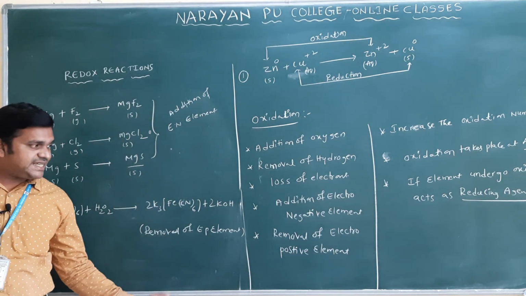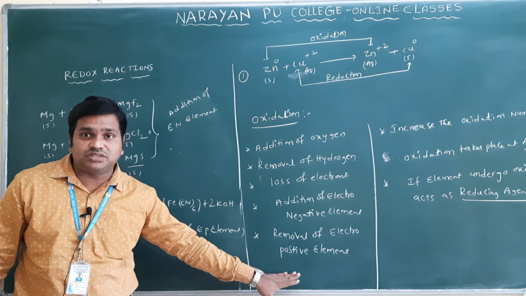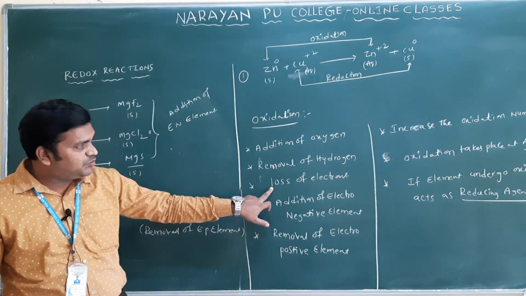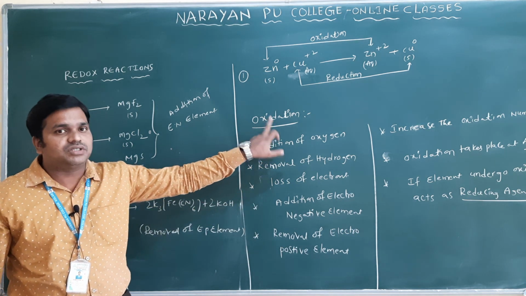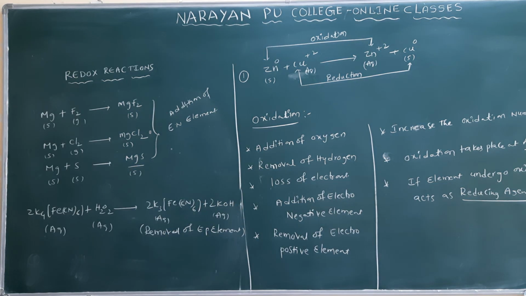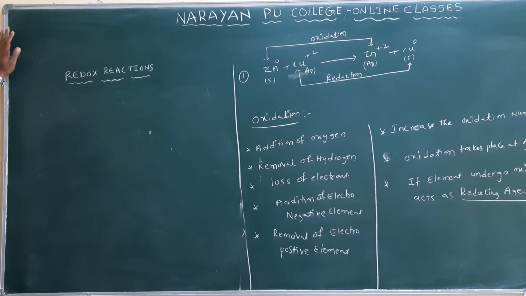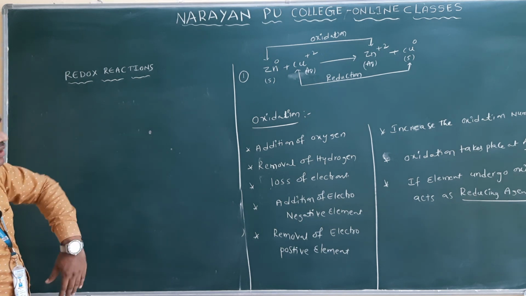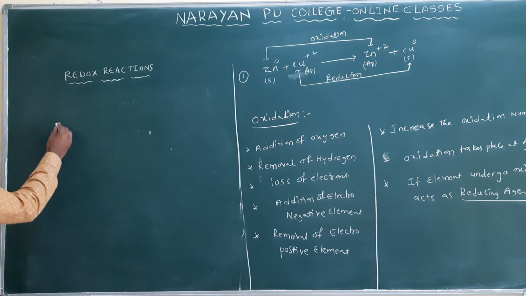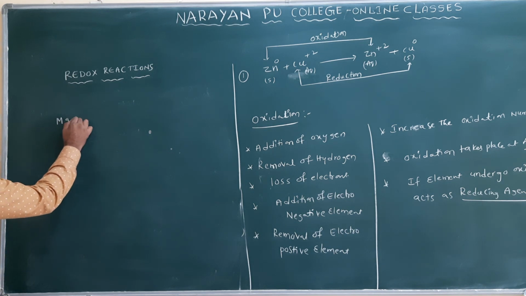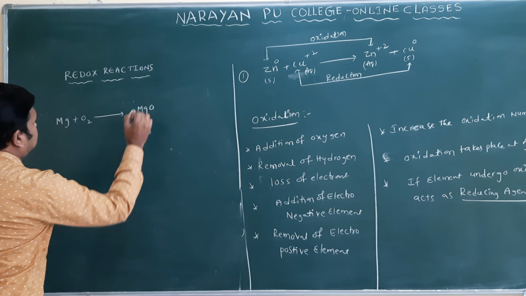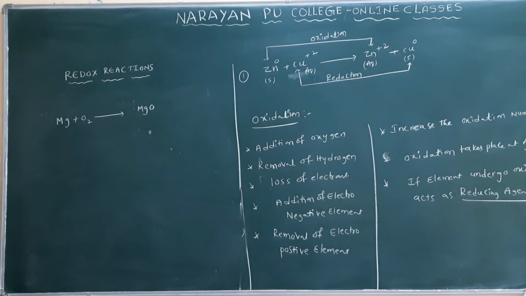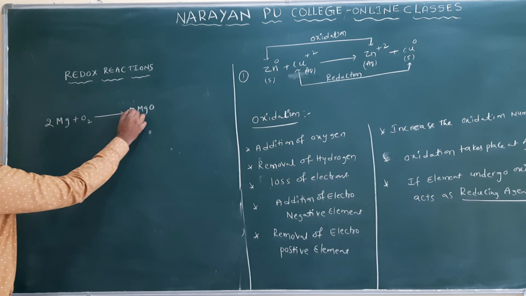So this we can say is also an example for oxidation only. So what all was discussed, except this one, is loss of electrons only. So these are examples of oxidation only. Now see one more example for this oxidation with oxidation number, or we can see it in the form of loss of electrons only. I will write the same example here: Mg plus O2 gives MgO only, or you can write 2Mg plus O2 gives 2MgO.